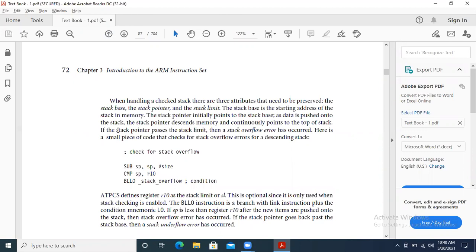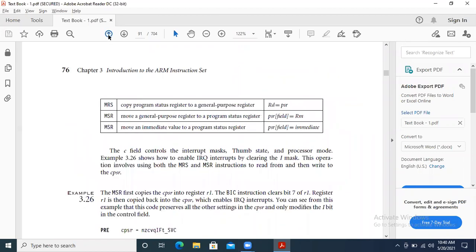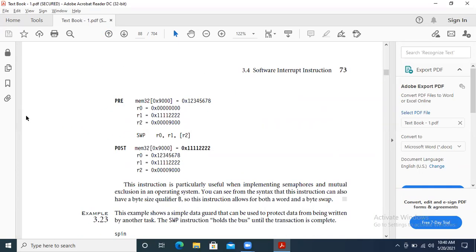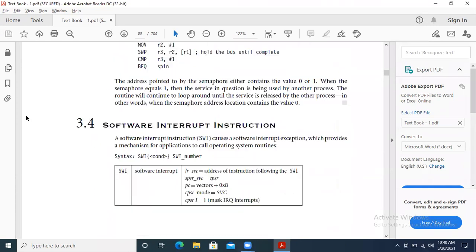This topic is a very small topic. This topic we already covered: software interrupt instructions here. If you cover these two, this covers half of your second module's first chapter, and next we'll go for the next half.